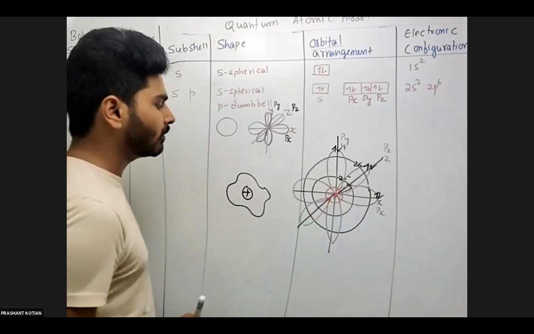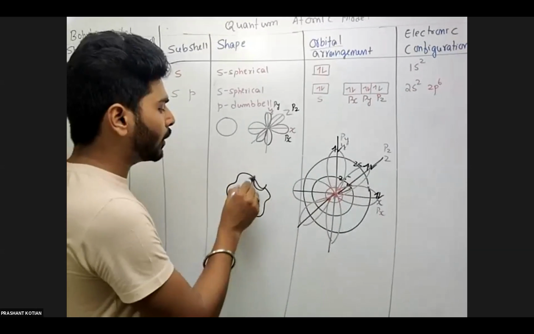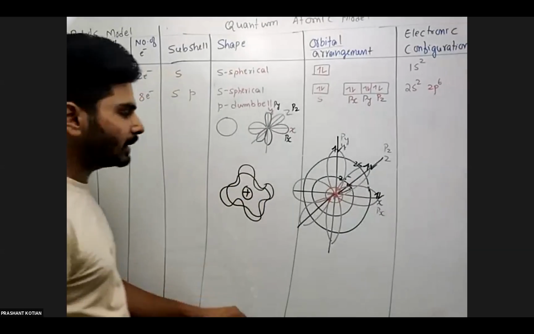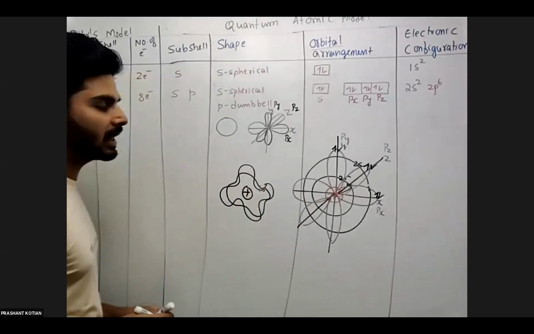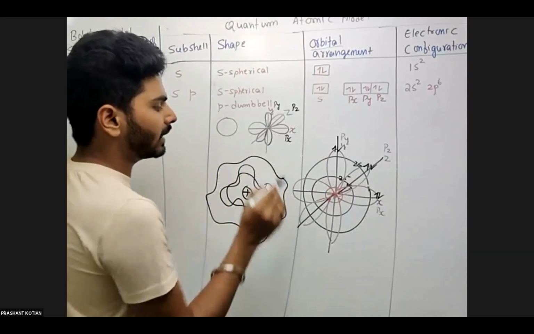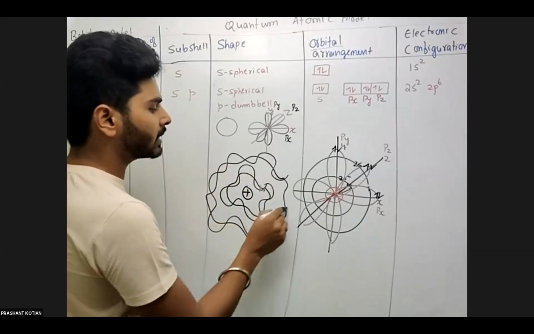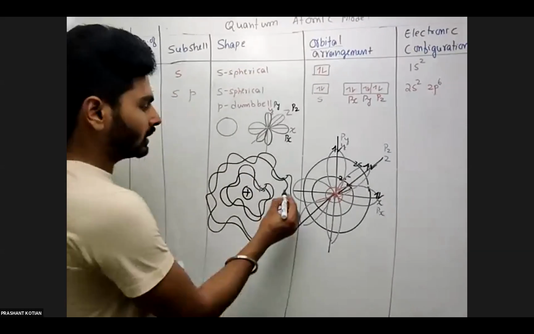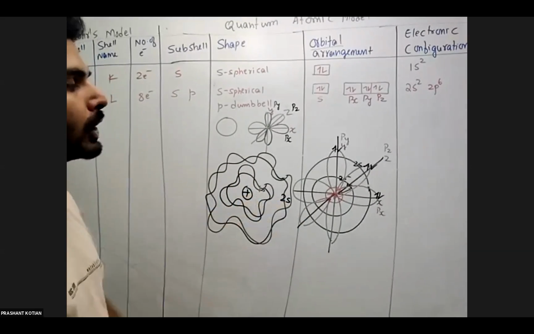So the second electron will come. As I told you, its rotation can be opposite. Then it will occupy the same spherical shape, thereby accommodating two electrons. This is what we call 1s. And the third electron will have a bigger radius and revolve in a spherical manner like this. The fourth electron will occupy the same spherical three-dimensional space, thereby having opposite spin, opposite rotation. So this is what we call 2s. So two electrons filled in 1s, two electrons in 2s.